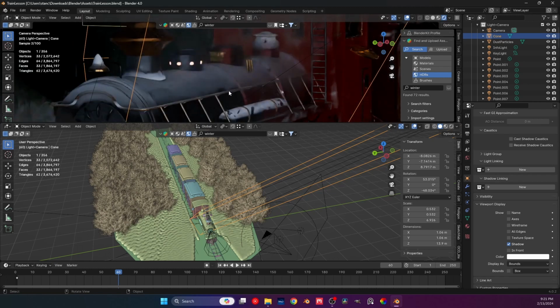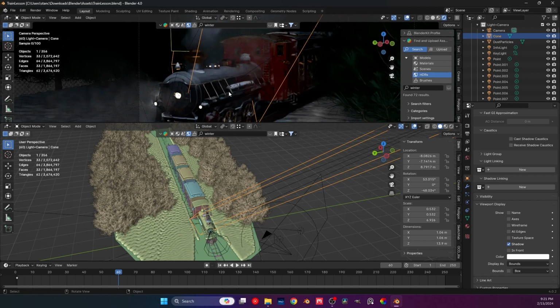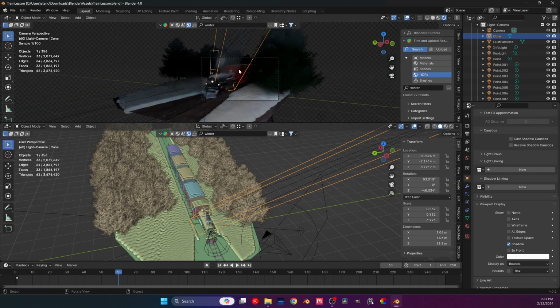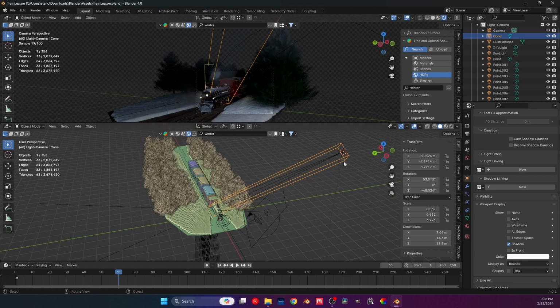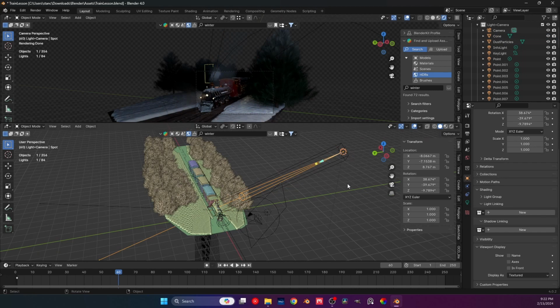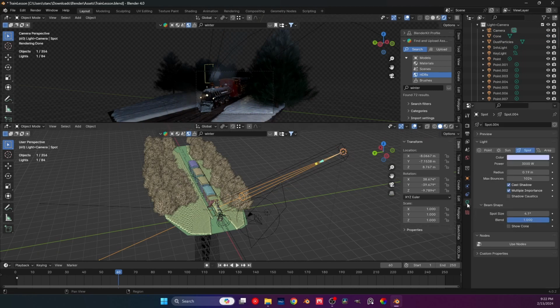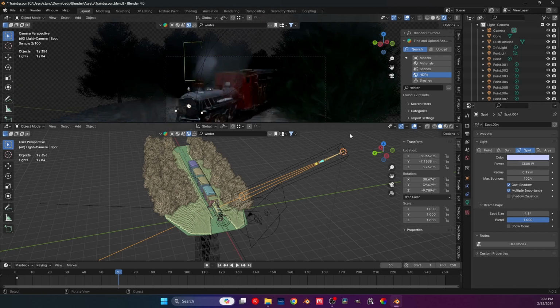I think I like this that much because I think it makes it way too foggy, and the reason would be, well, two reasons really. First, the spotlight I think is maybe not powerful enough. Let me make it a little more powerful. Let's see what it does. And also,